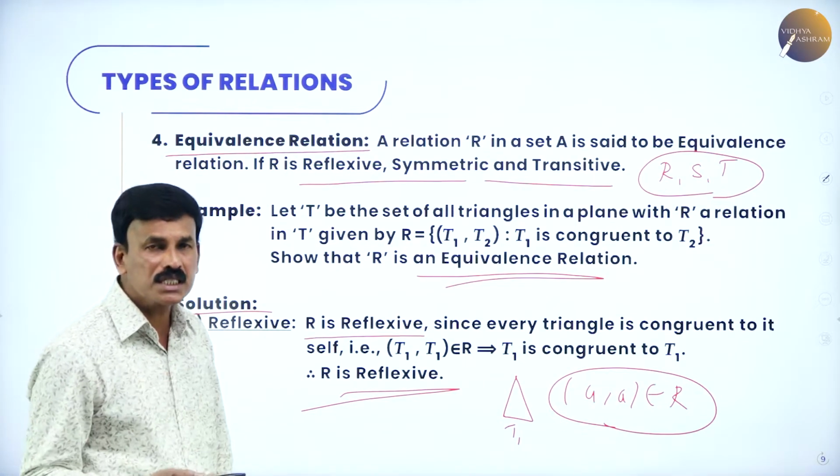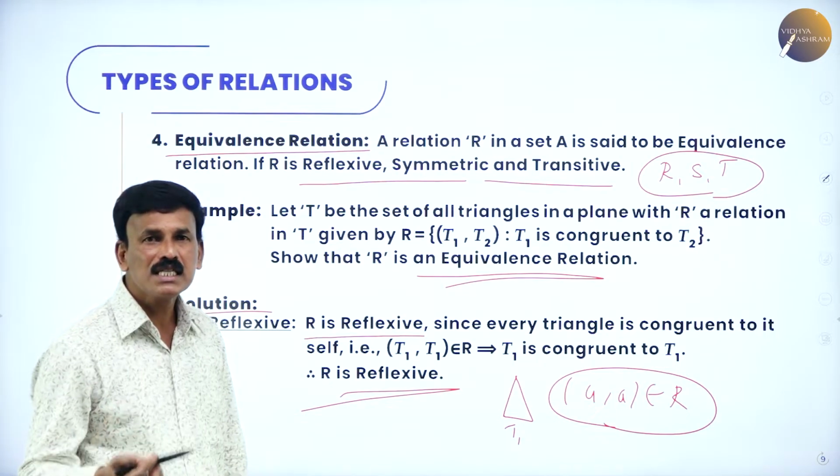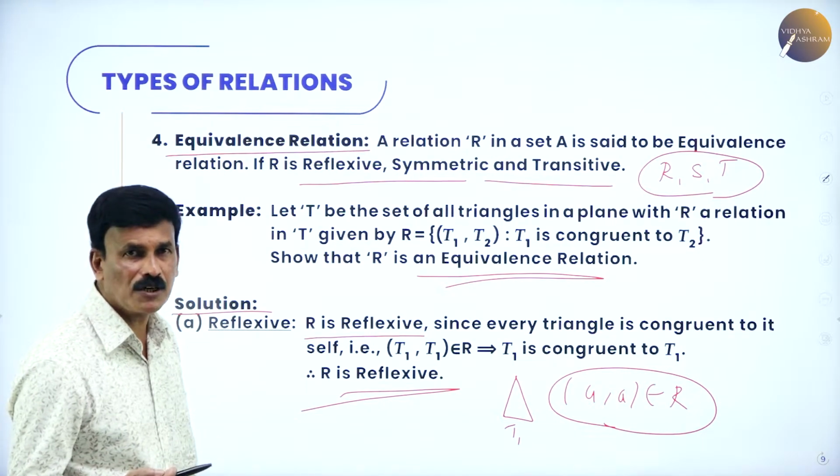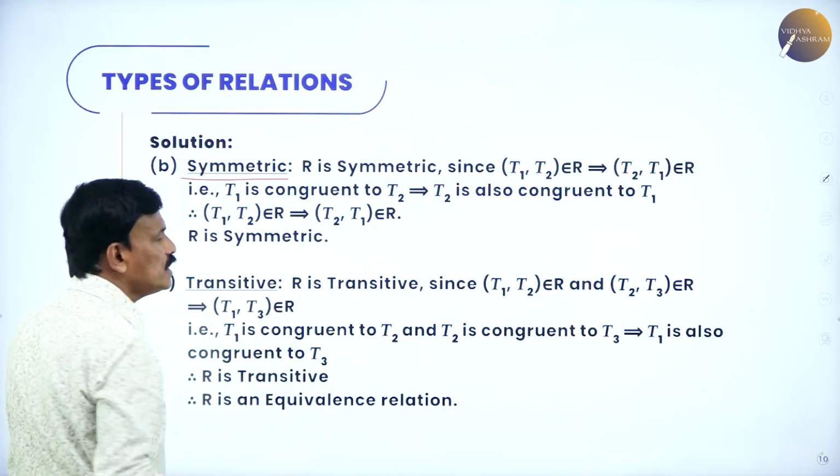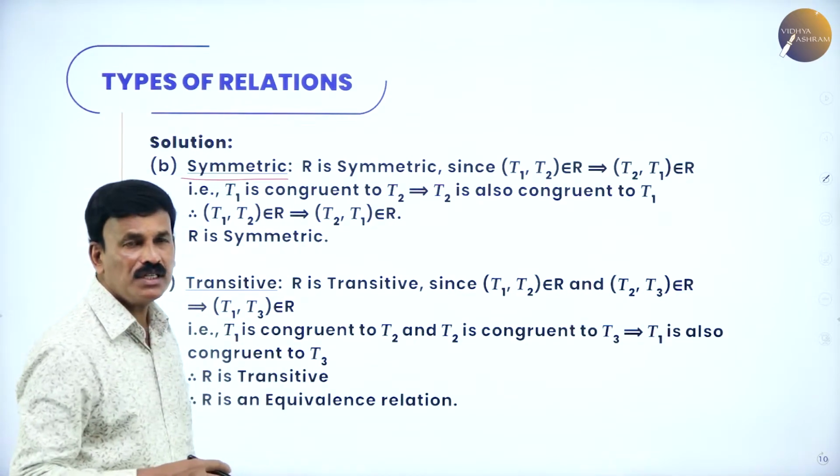Now let us come to the second one. Reflexive, then symmetric. Verify whether it is symmetric or not. Now the second condition, symmetric relation. R is symmetric since T1 and T2